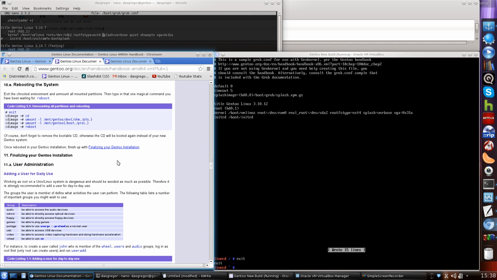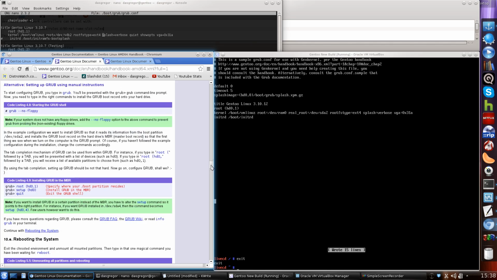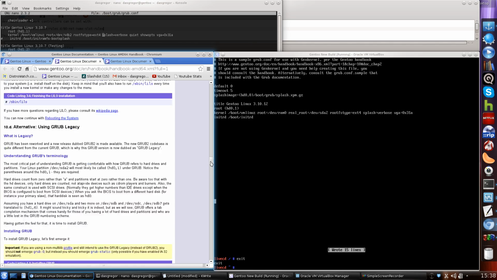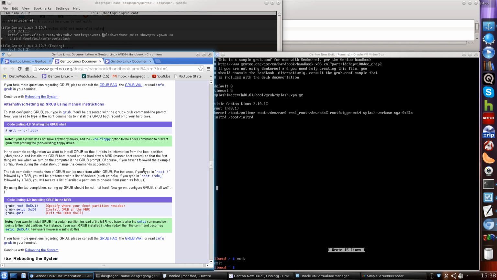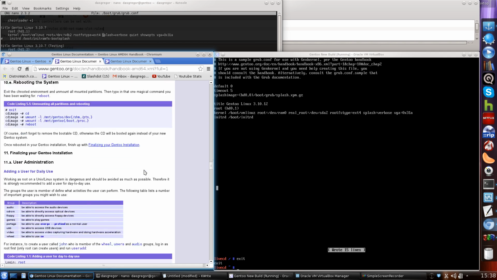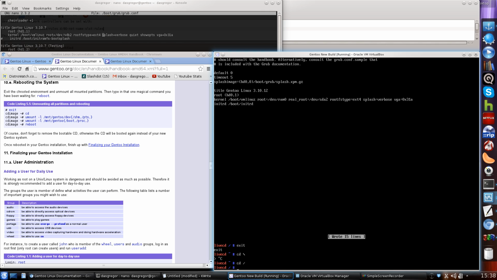Go back into here. Do the CD. I hate that when you're in one window and you don't realize you bounce to the next. Get back to where we were. There we go. CD backslash. That's not right. CD /. Here we go. It's one thing when you bounce back and forth between OSs and things, you get that. Do the umounts /Gentoo/